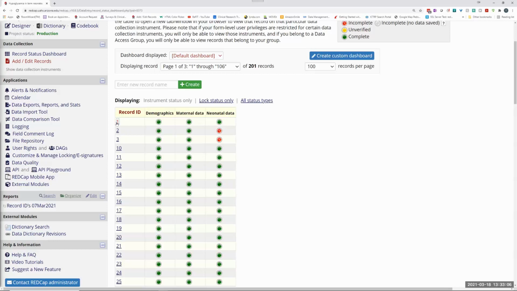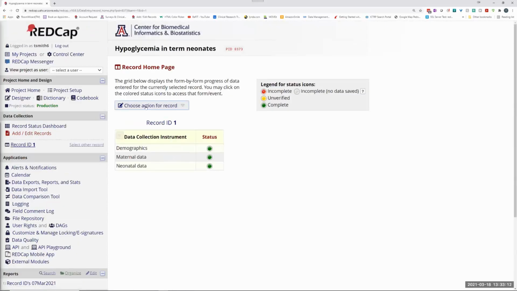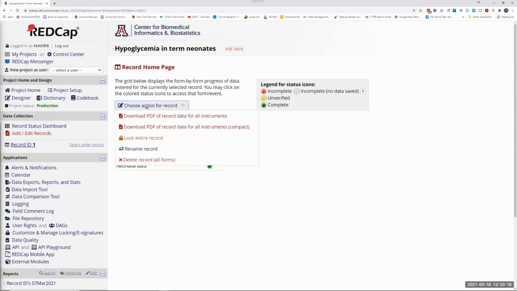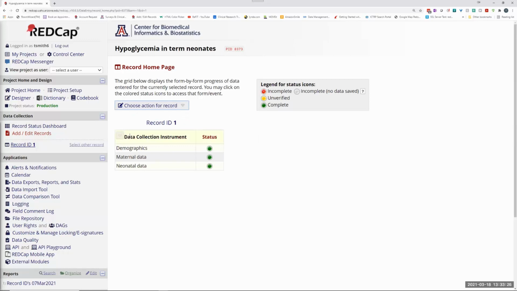One way of changing record IDs, just so you know, since I'm here, if you click on a record ID, is you can rename a record and then just go and rename the record to some other number than one. And that's a way of custom numbering after you've already added the record. So that option exists, but in this case,